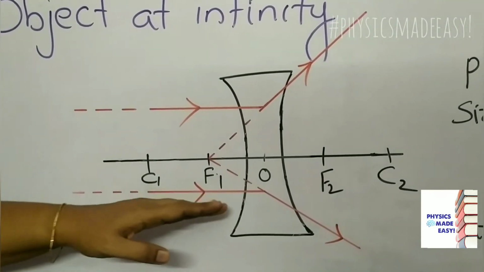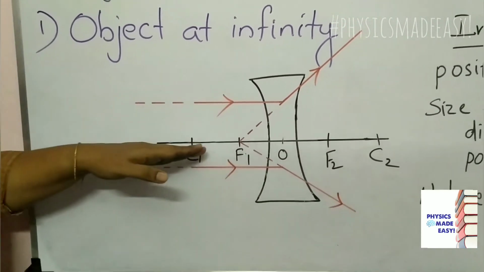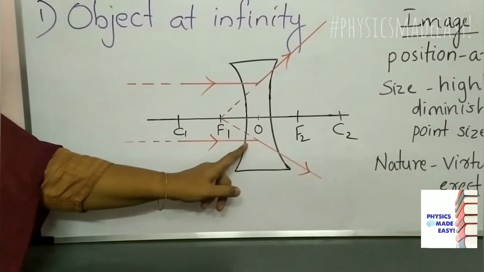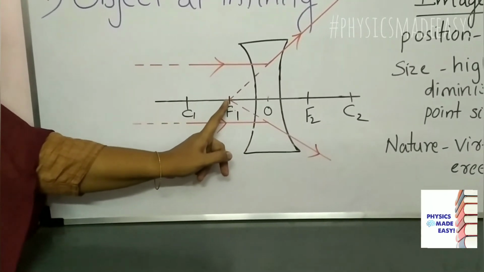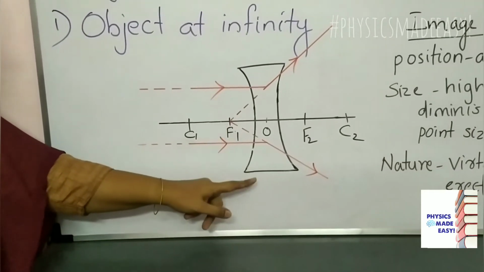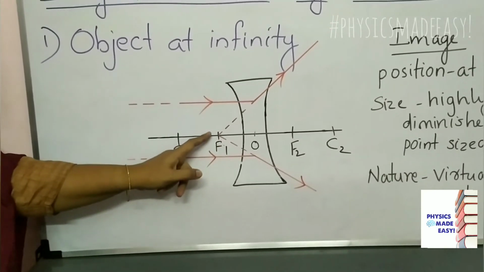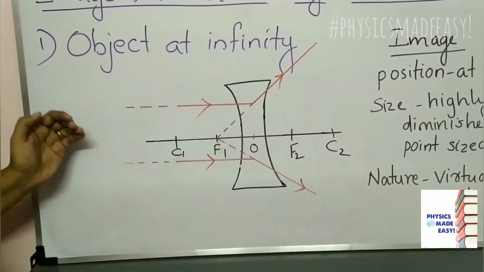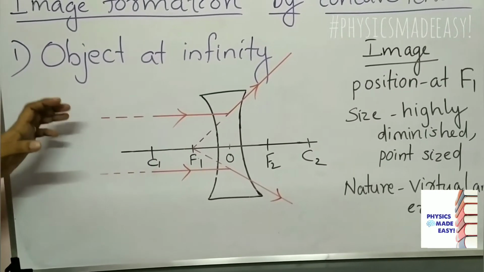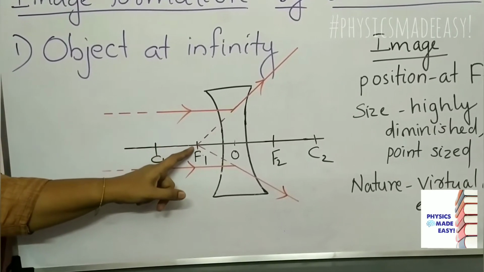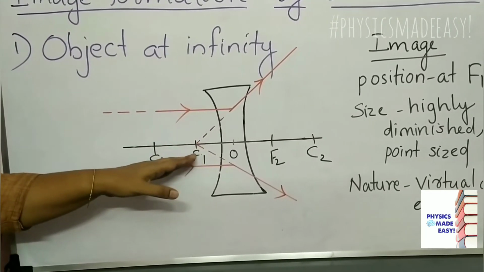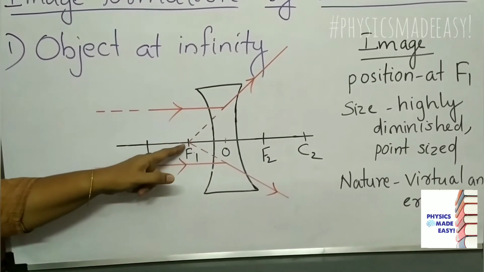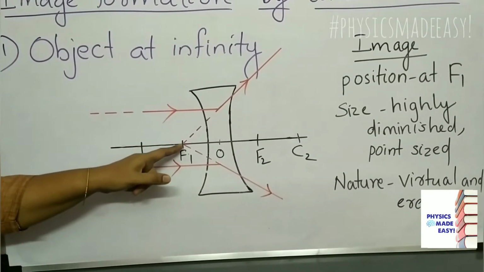Another ray that is also parallel to the principal axis, you can see, is refracting like this. The ray also appears to come from the same point on the principal axis. You know that point is the principal focus. So we can say here we are getting the image at the focus. Here, for getting that image, you have to extend these refracted rays. So from this we can say this is virtual.